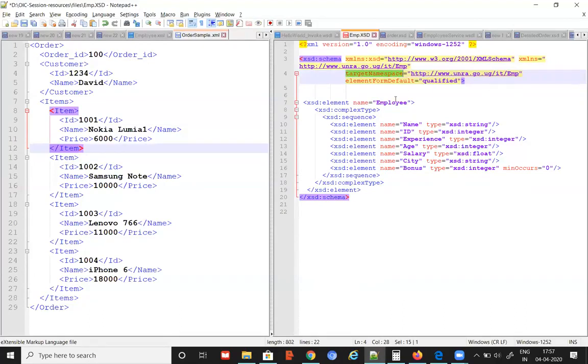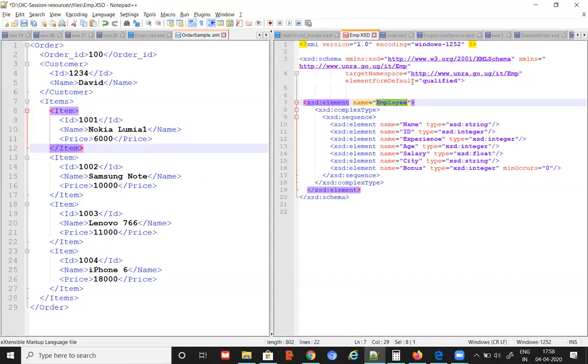So employee name may not be unique, no? If my integration is accessing 5 different web services from different sources, one web service gives me employee as a response, and its definition says that employee is based on this XSD.